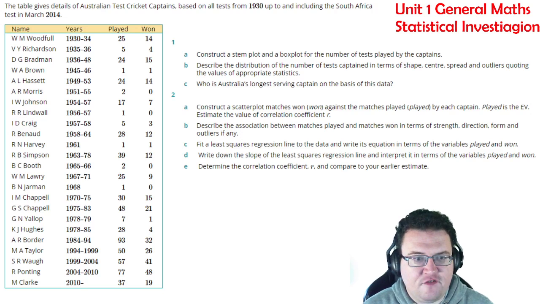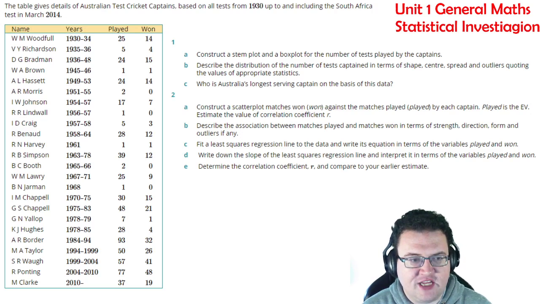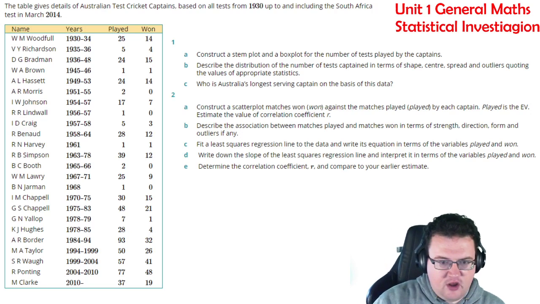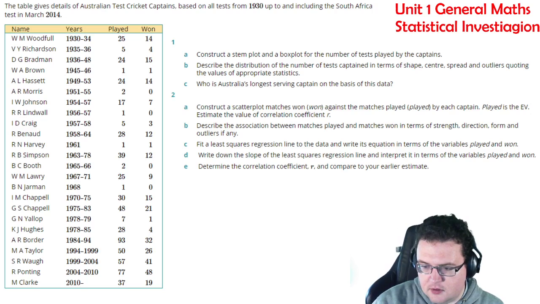So construct a stem and leaf and box plot for the number of tests played by the captains. All right, so stem and leaf plot, that goes back to univariate data. So what we are simply doing is we are looking at the frequency for the number of playeds. So if I open up my whiteboard here,